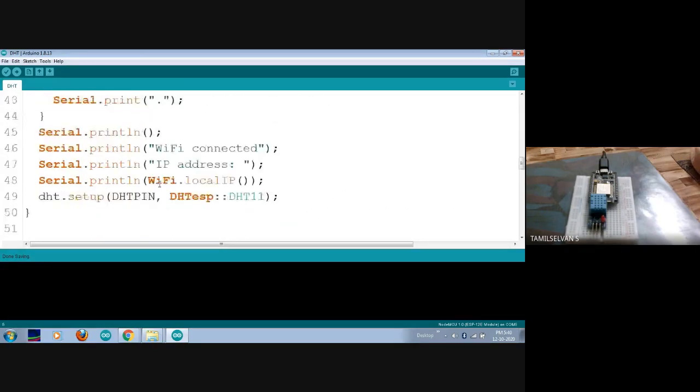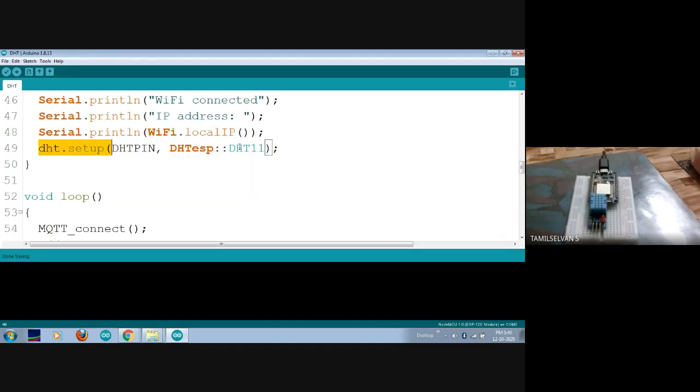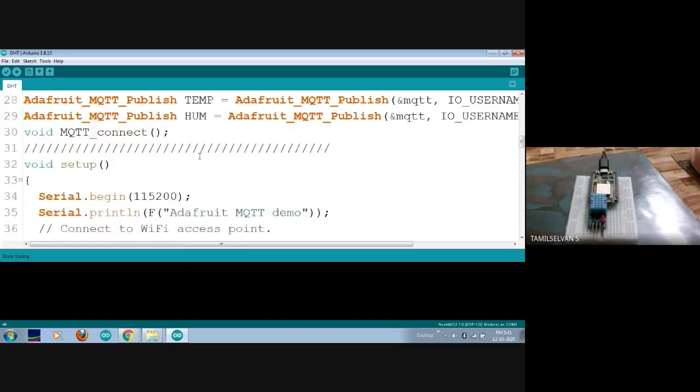By using this DHT.setup function, I'm going to call those particular values alone. For different devices, the keywords may vary, so accordingly I need to set up this particular device. For that, I am sending which particular pin I am going to connect my DHT to, and what the name of my DHT device is. So these two I am going to send. So that's it, my setup portion is over.